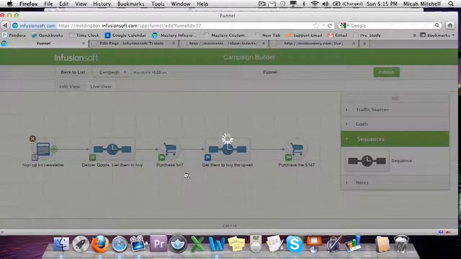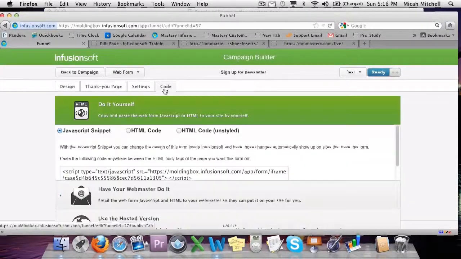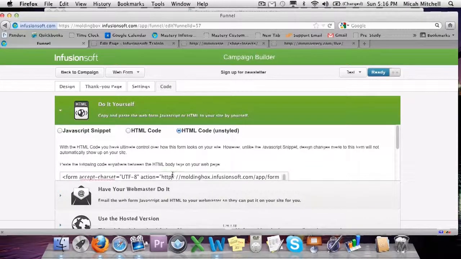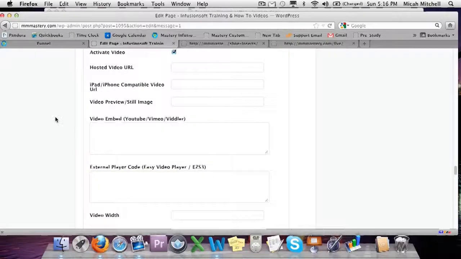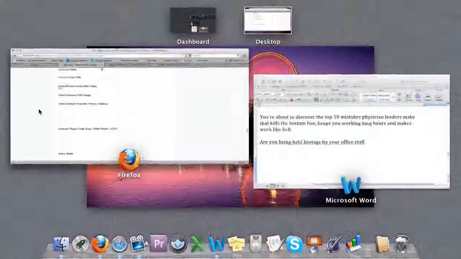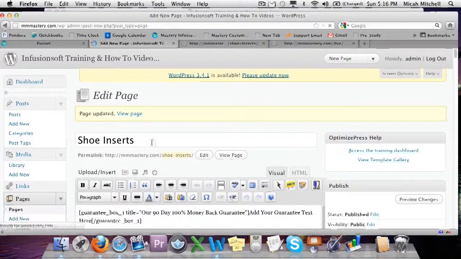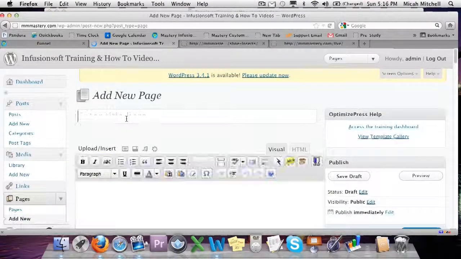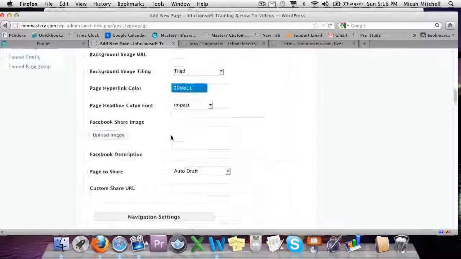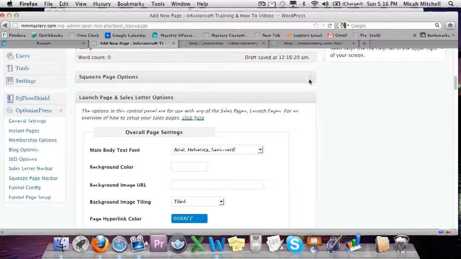Okay. And now on the web form, I'm going to come in and get my code. Go to the unstyled HTML, just copy all that. Here in Optimize Press, I'm going to say I need a new page, and this is going to be my funnel squeeze page. I would add a bunch of headlines, and ultimately the settings, the nuts and bolts of it,